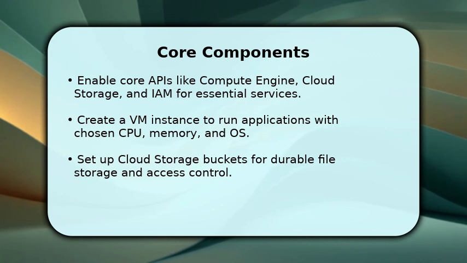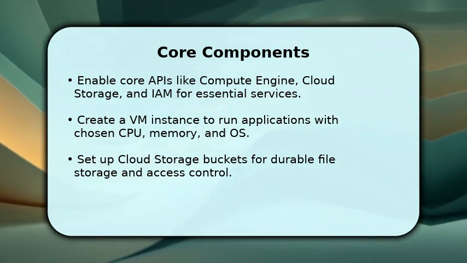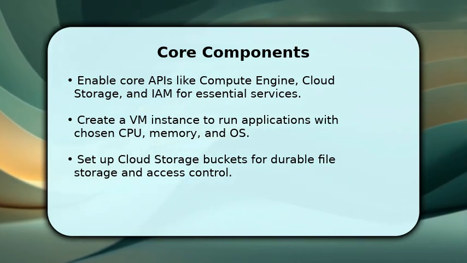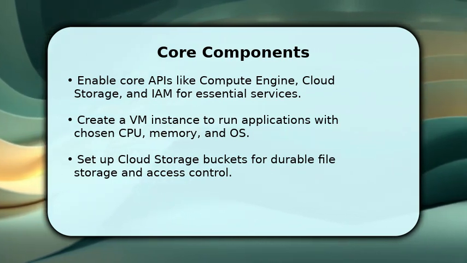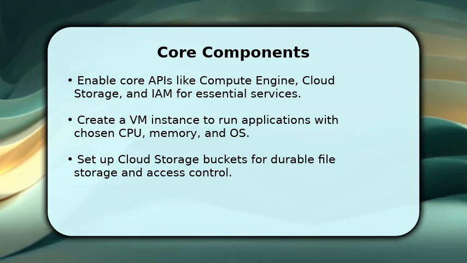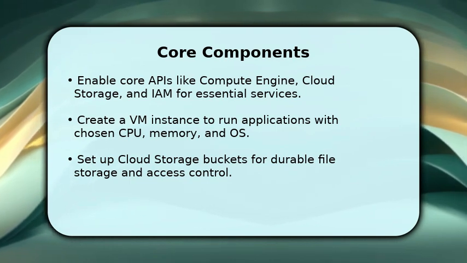Start by enabling Compute Engine, Cloud Storage, and IAM APIs in your project for core functionality. Create a virtual machine instance with the right CPU and memory to host your application, and choose an operating system image. Then create cloud storage buckets for durable file storage and configure access controls and lifecycle rules to manage costs